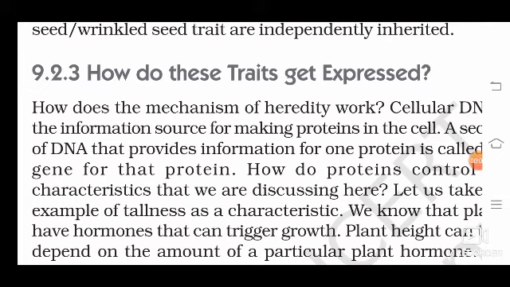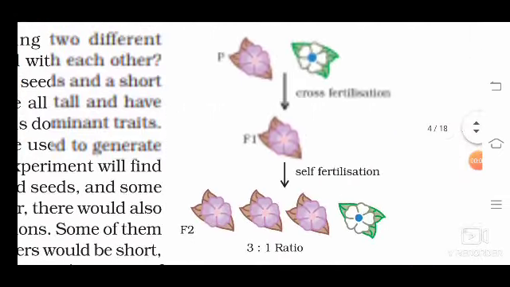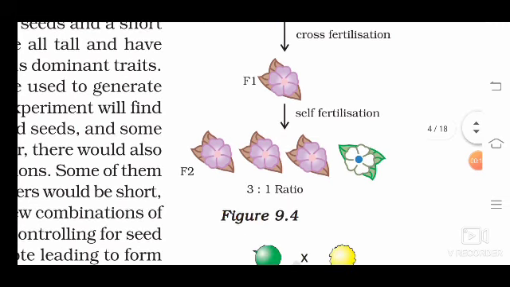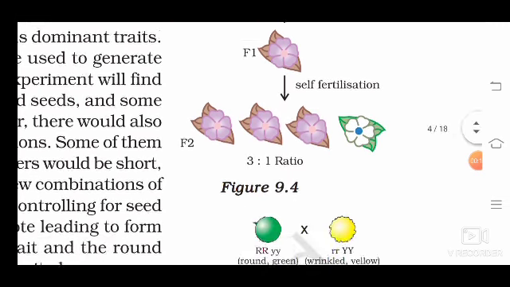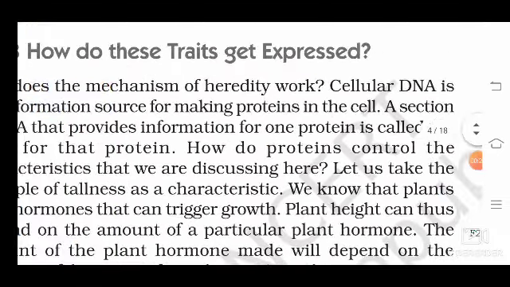So let us read this. Before that I show you what we have shown you, the colors and seeds. Okay, round and yellow seeds and all. Same way here colors are there, violet and white colors, cross pollination, F1. The same things they got in the 3:1 ratio what we got for the tall and short. Okay, now we read.